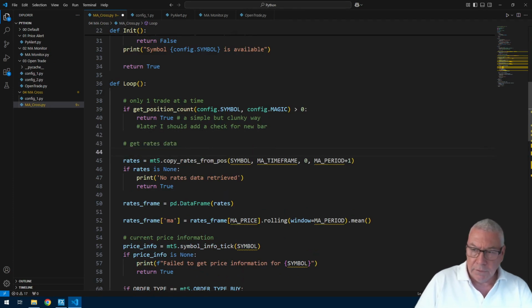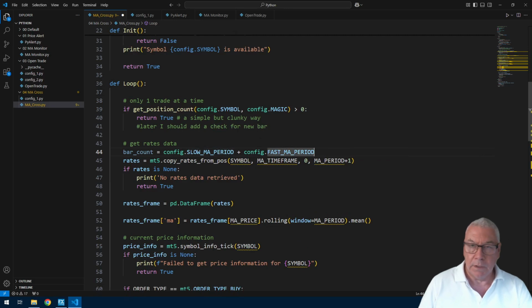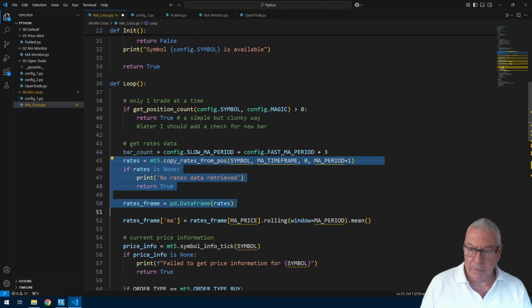First I'm going to calculate how many bars of data that I want, and to be safe, because I'm not including any checks here to see if the slow is greater than the fast or the fast is greater than the slow number of bars that you have, my number of bars that I want in getting rates back is just going to be the total of the slow period plus the fast period, and that should give me enough for all the calculations I need. Actually, I'll just add more because I want at least 3 bars, so I'll add 3 to that. Now this code I'm going to separate out into another function, so I will call that function